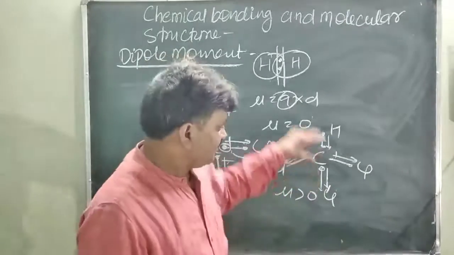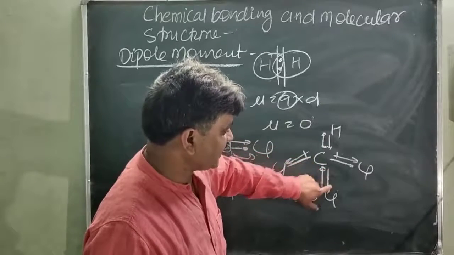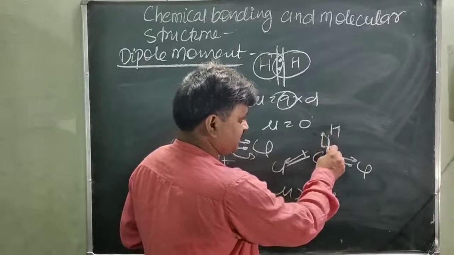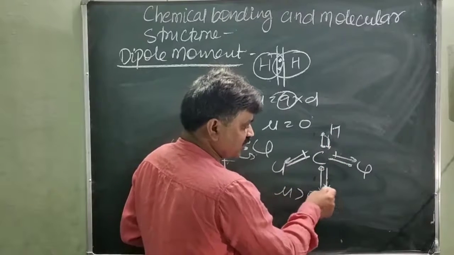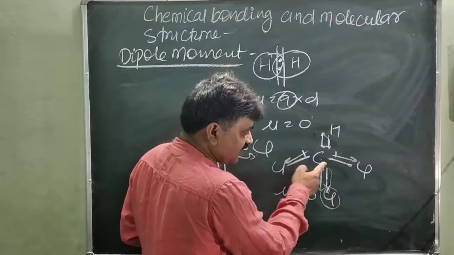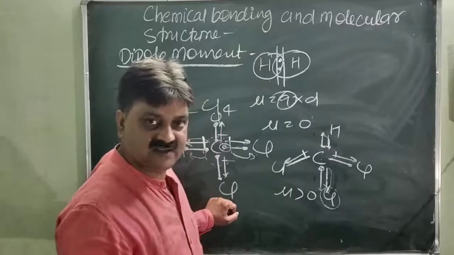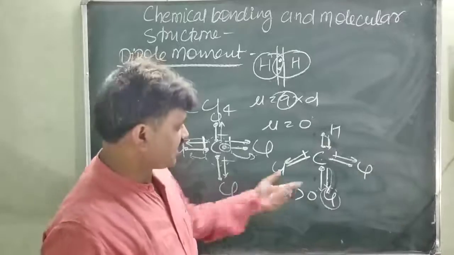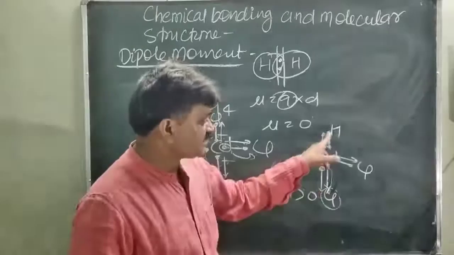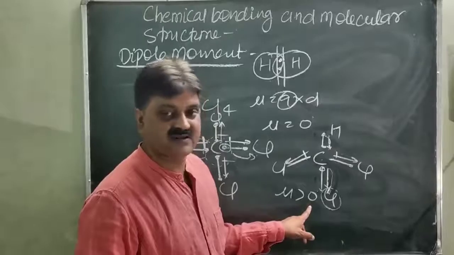Is it clear? Because hydrogen cannot cancel these attractions pulling the electron, because hydrogen is less electronegative. So the carbon electron, this side electron, and because chlorine is more electronegative than carbon, chlorine can attract the electron to this side. So when electron movement is to any one side, the electron density increases, polarization increases, polarity of bond increases. So charge passes here negative, here positive. This is not cancelled like this because it is less electronegative and this is more electronegative. So here the mu value is greater than 0.